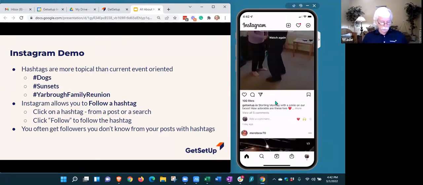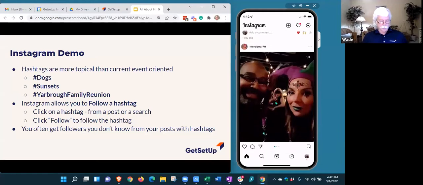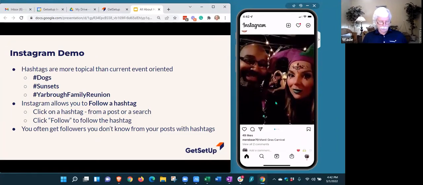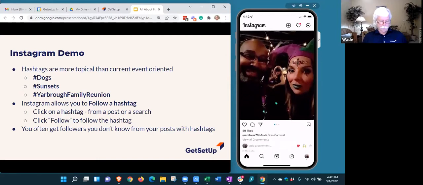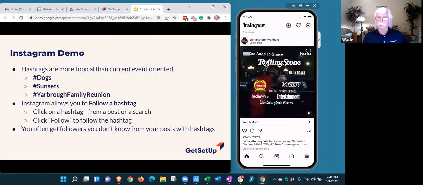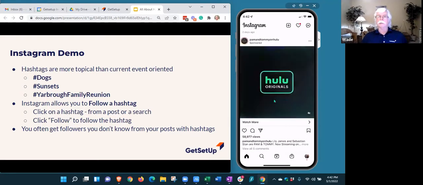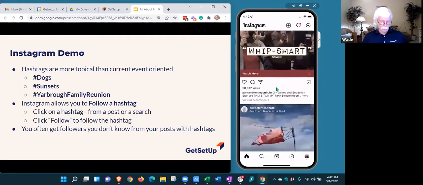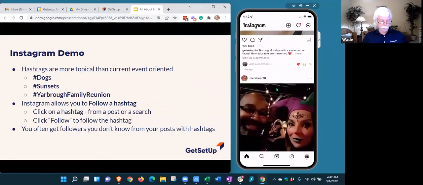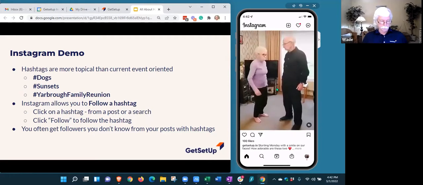This is where I can see things that it looks like Meredith is either at Mardi Gras or at a Mardi Gras party. But these are things that my friends, people I follow, have posted. And they're all primarily pictures and videos. We'll go back up to GetSetUp.